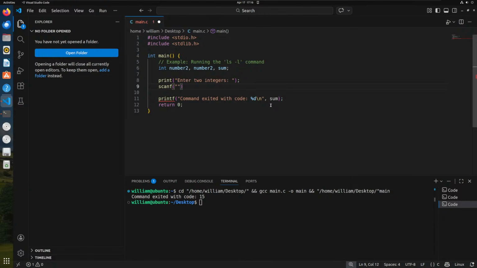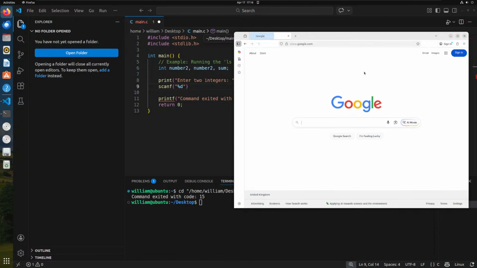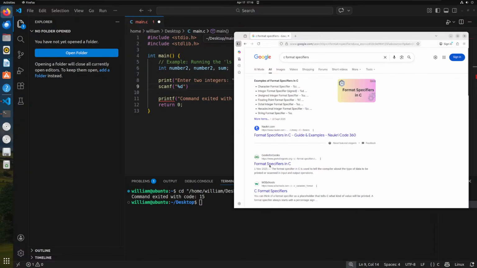So now what we need to do is put format specifiers. Format specifiers, they're basically, let me actually just pull it up. It's format specifiers, C format specifiers. So what they do for C,